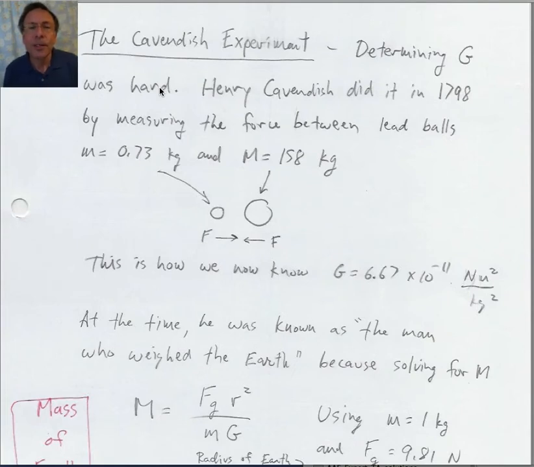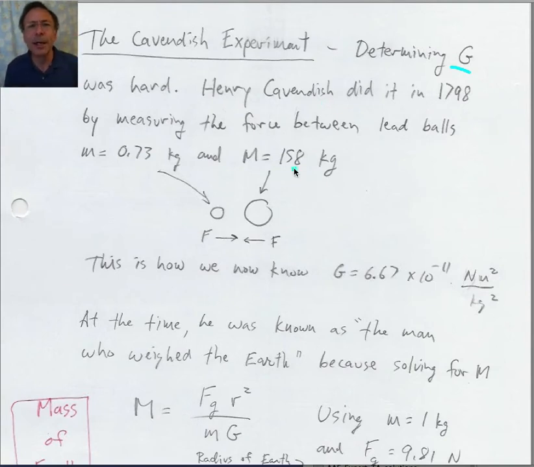Okay, so let's continue. Let's take a look at the history of capital G, the universal gravitation constant. The experiment that measured this number was carried out by Henry Cavendish, and it's one of the most famous experiments in the history of science. It was made even more famous by the New York Times putting a big headline on the front